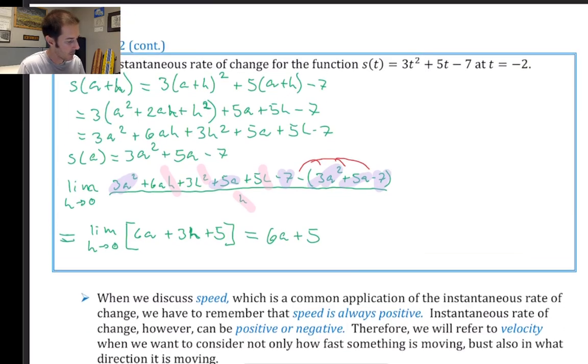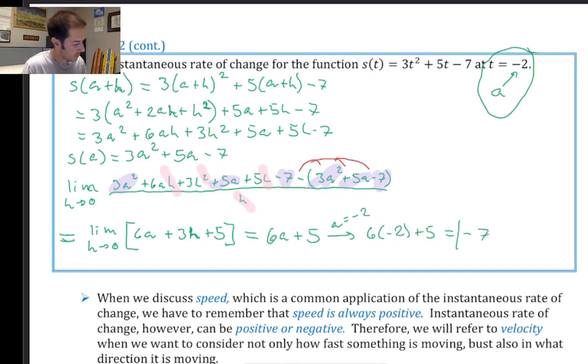And our problem told us that we're finding the instantaneous rate of change at t equals -2. That's our a value. So let's plug that in. A equals -2. So we have 6 times -2 plus 5. -12 plus 5 is equal to